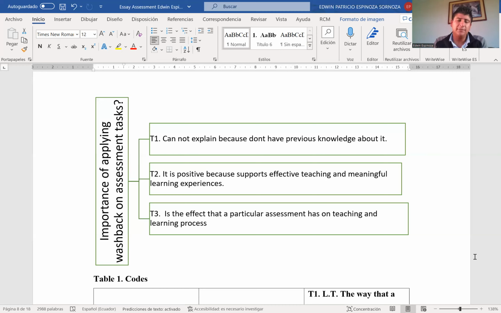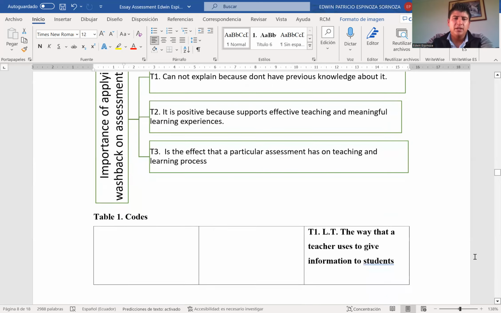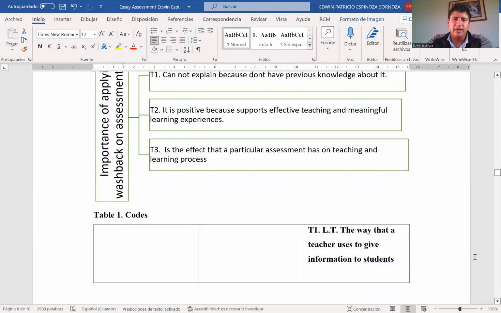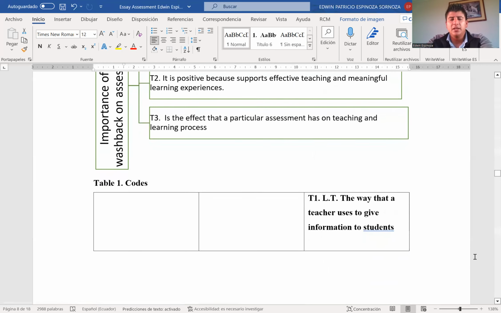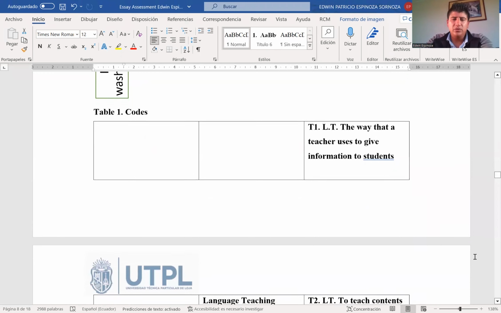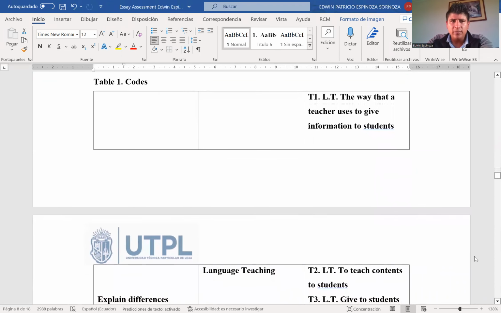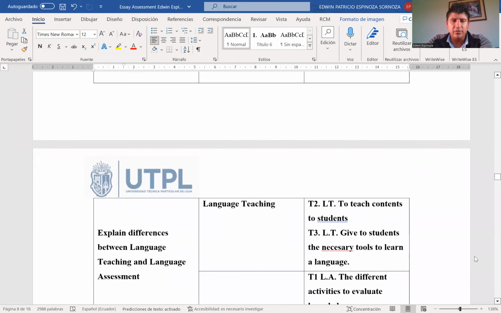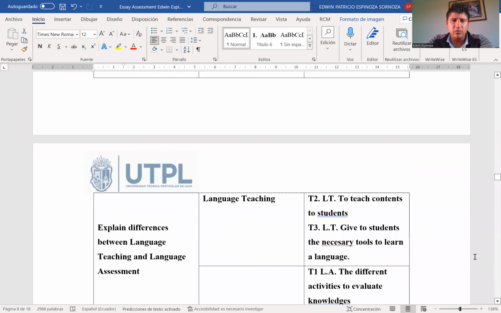Teacher number 2, it is positive, answered that washback is positive because it supports effective teaching and meaningful learning experiences. Teacher number 3 answered that washback is the effect that a particular assessment has on the teaching and learning process, okay? And now I am going to show my table code, okay, about the explaining of the difference between language